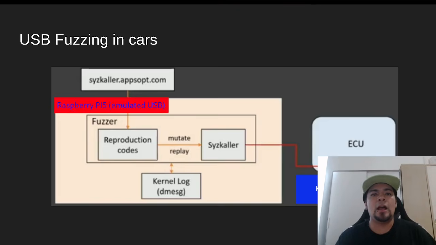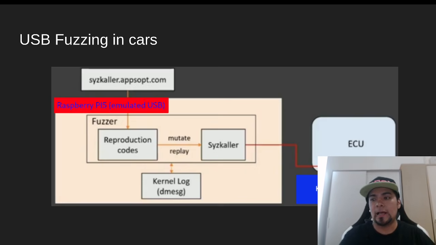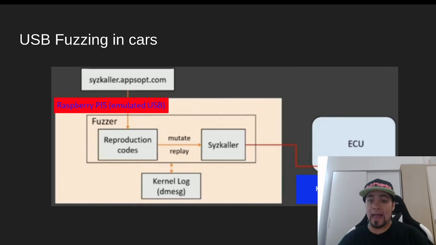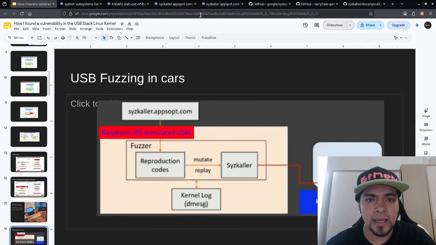Okay. All right. After I created this fuzzing setup, I tested it in cars, in my job. So this is an infotainment system or a head unit, you know, the computer that allows you to use the radio and so on, the games, the music, and in most cases you have a USB-C port. I think in all the infotainment systems right now we have a USB-C port. So what I did, I emulated this with the Raspberry Pi, and I downloaded